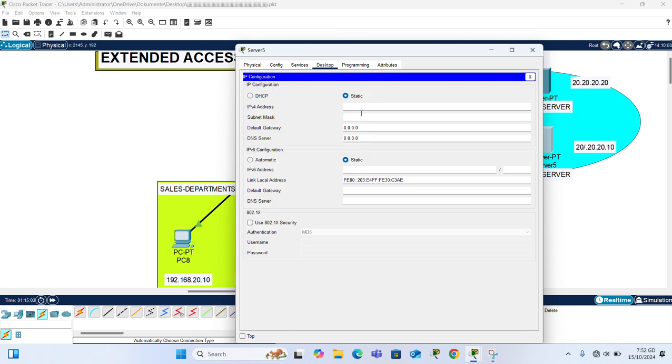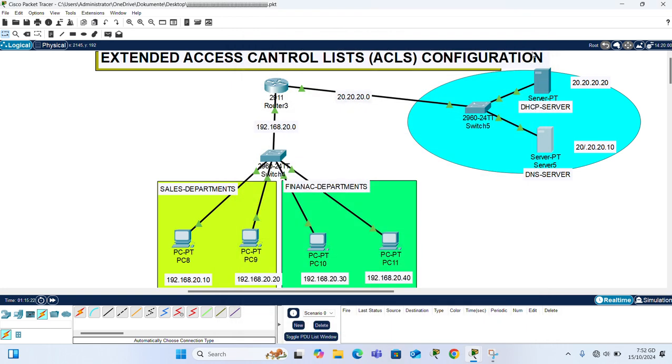On this other server, 20.10, and its default gateway is 20.1. Okay, now we have finished configuring the IP addresses on the router and hosts, and in our next step we will